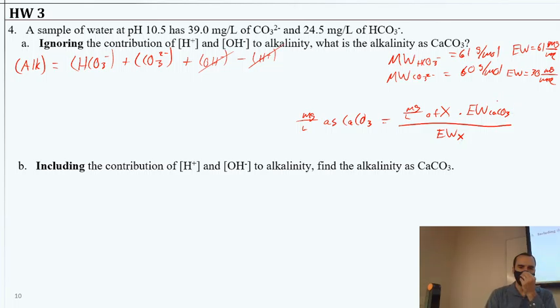And the equivalent weights there, that's what's accounting for the difference in charges. Okay, so that gives us a way to calculate